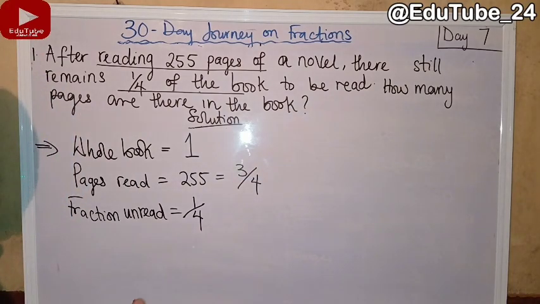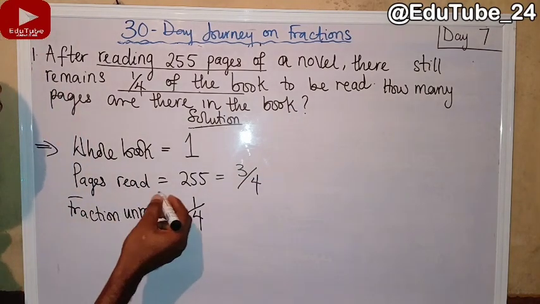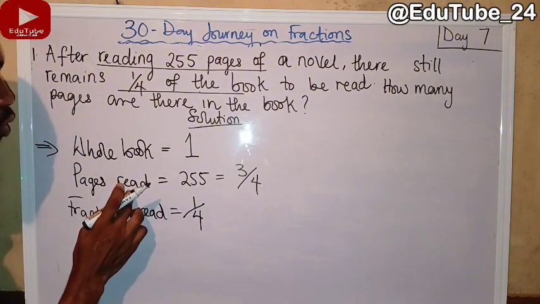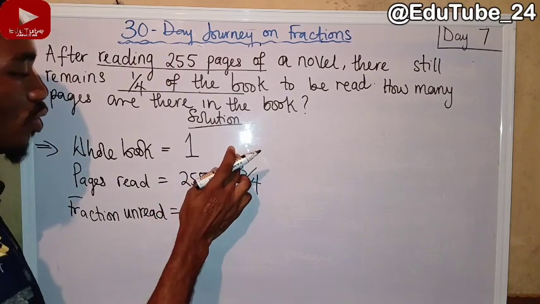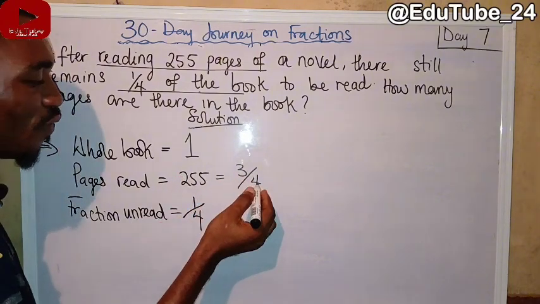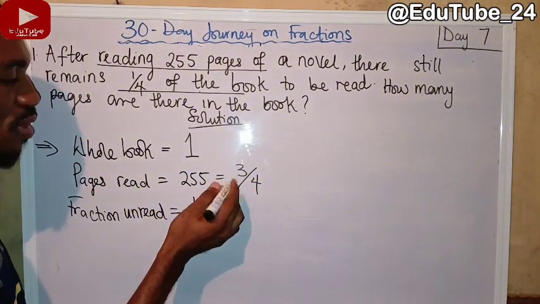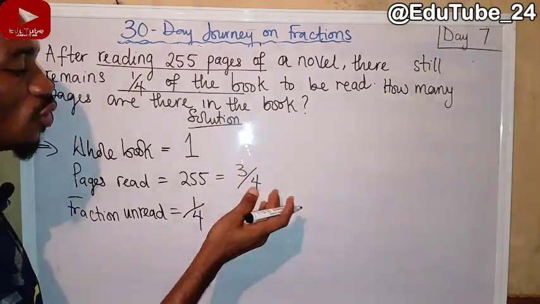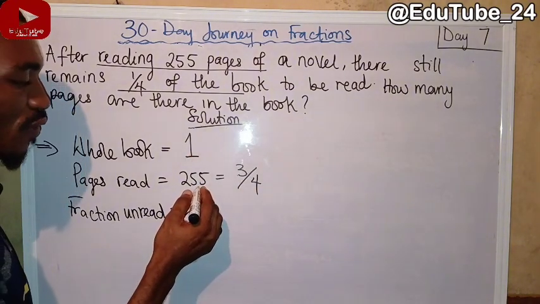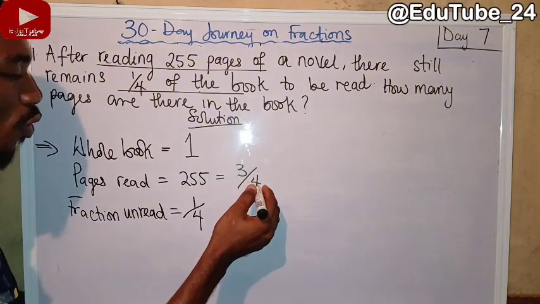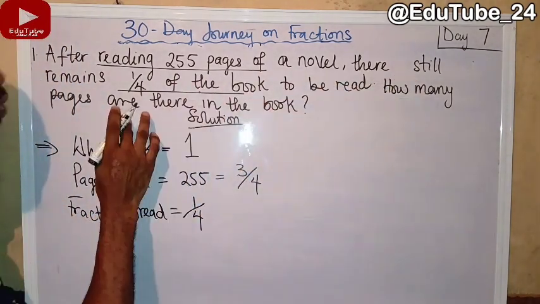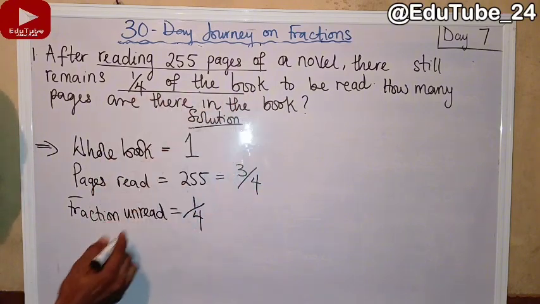Now, for us to know how many pages are there in the book, first of all, we have to know the pages read and the fraction of pages read, which we have found out here. So we now know that the pages read is 255. Then 3/4 is equivalent to the fraction of the pages that is read. This 3 means 3 out of 4, and 3 out of 4 of the total pages is 255. That means the total pages will be 4/4. So to find the pages that are in the book, which is the total pages,